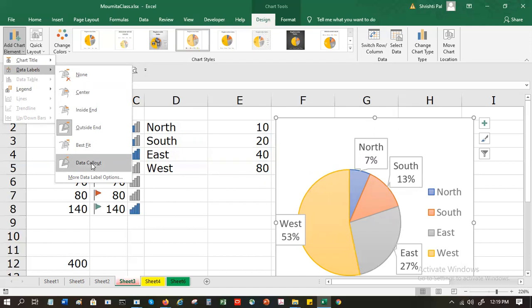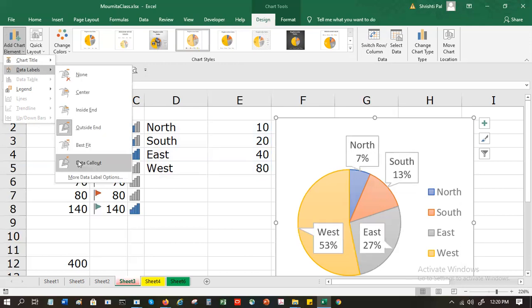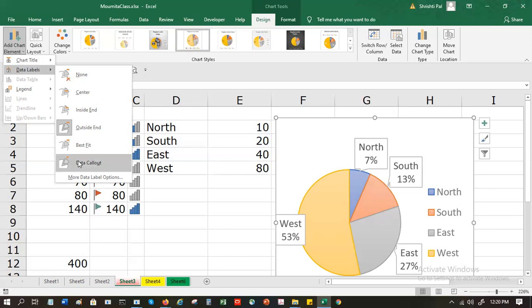Now these four boxes, north, south, east, west, are called call outs. And where did you get this from? Here, Switch Row to Columns, data label and data call out. Data labels.